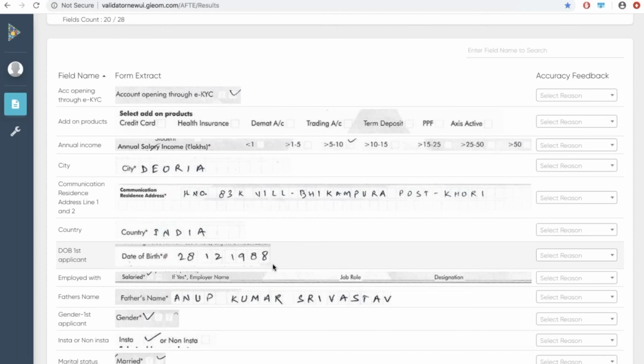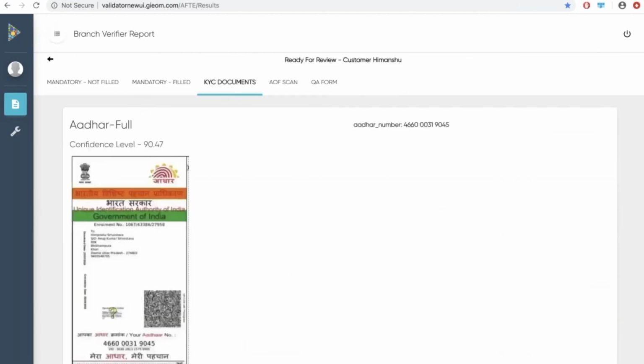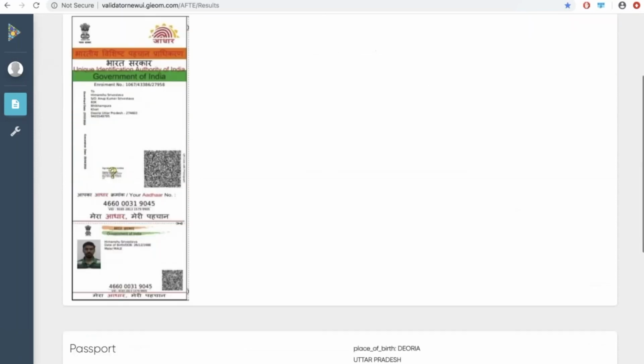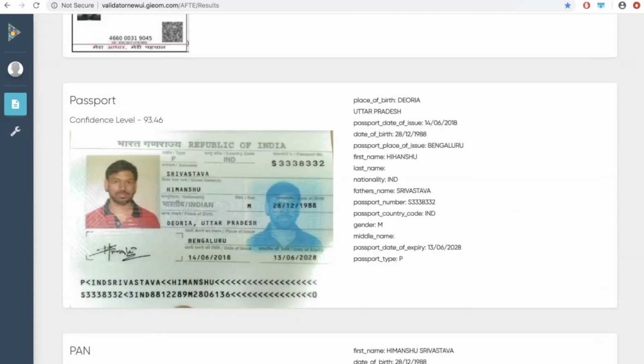The importance of this one is I'll be able to see if the data provided under the mandatory section is complete or not. Now, after that is done, you will have the supporting documents coming in saying that these are the documents which are put in here. So these documents, the same way we took in the mobile phone, in the scanner also, the system will first check, is this a PAN card or not? Is this an Aadhaar card or not? Is this a passport or not? Once that check is done, we go into the second part of it, that is do an OCR on that and pick up every piece of information from the supporting documents.